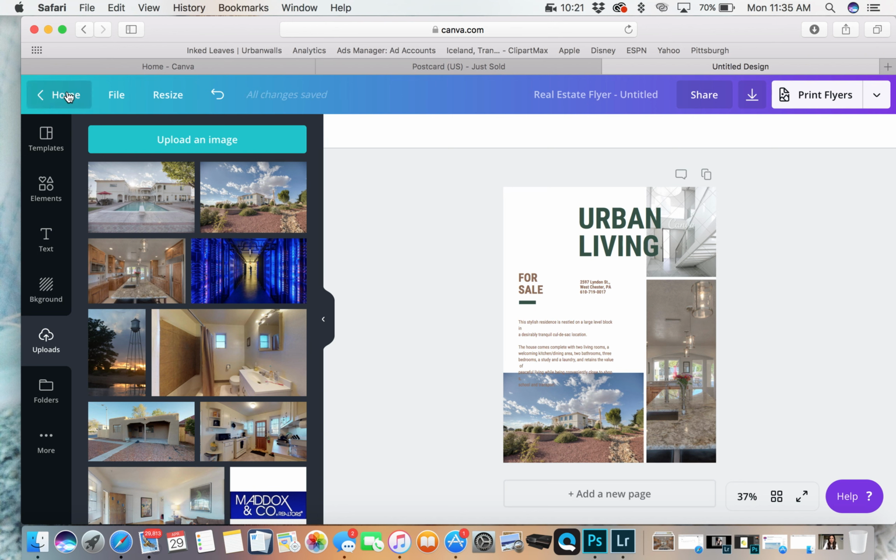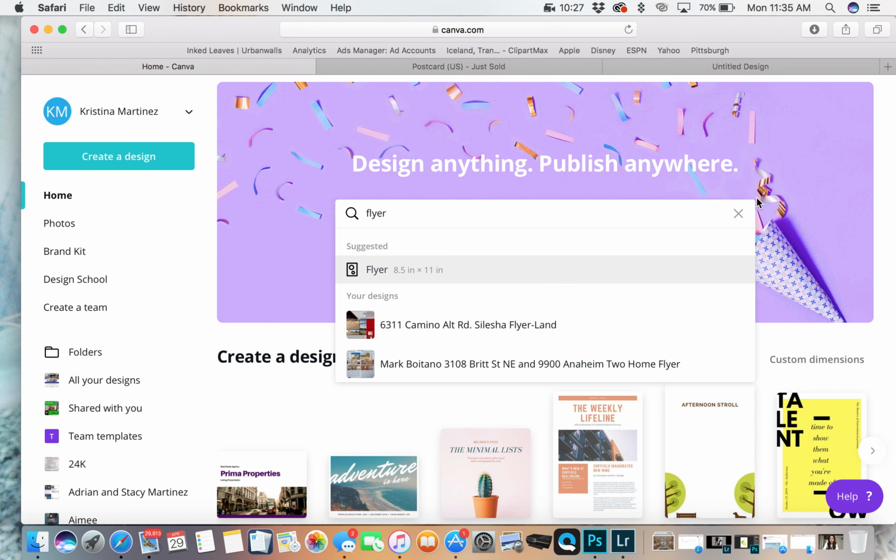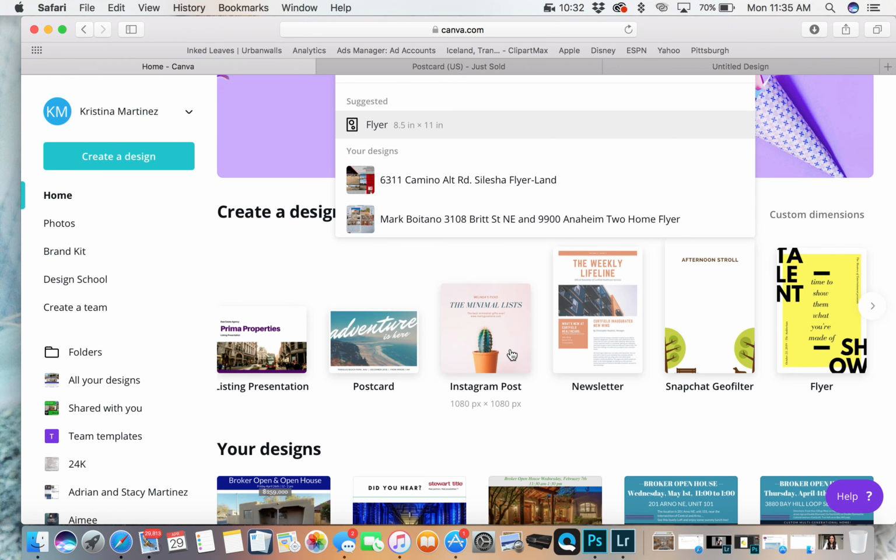Yeah, so I wanted to show you that. Again, this isn't a super in-depth, but it kind of is all at the same time, just how to use Canva here. It's just a way to up your game. And it's super easy and doesn't take a lot of time, right? And then, like we've talked about in the past, you can schedule out these posts, so you don't even have to worry about how much time it's going to take. So basically, I'm trying to help you save as much time